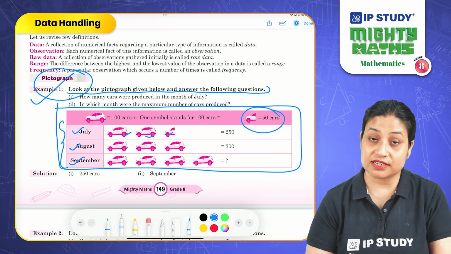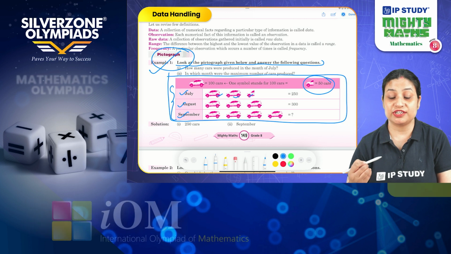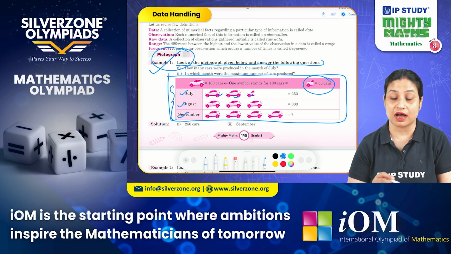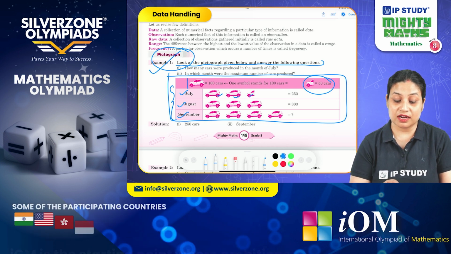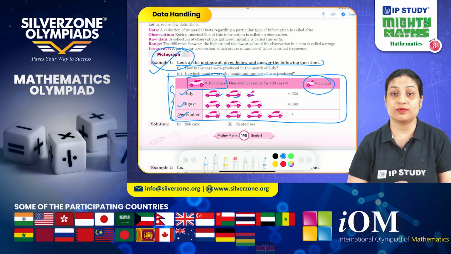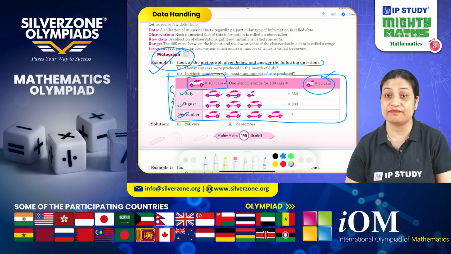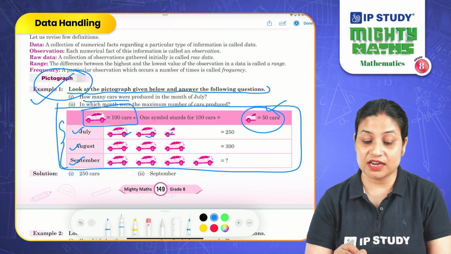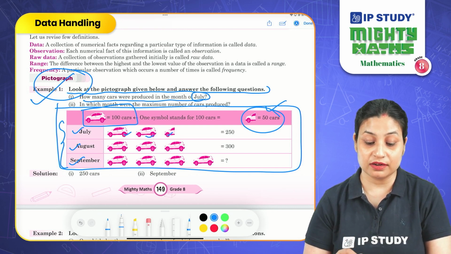So here 3 months are given, July, August and September. So how many cars are produced in a particular month? It is represented over here using a car. So in this case, what is the key given over here? A complete car is equal to 100 cars and a half car is symbolizing 50 cars, right? So the first question is, how many cars were developed in the month of July? So let's check over here. How many cars are you seeing in this